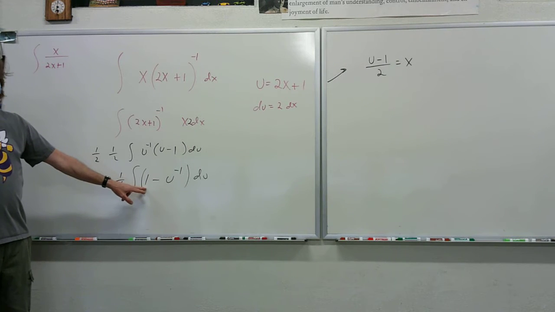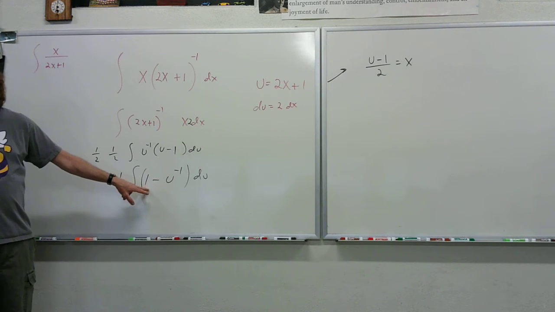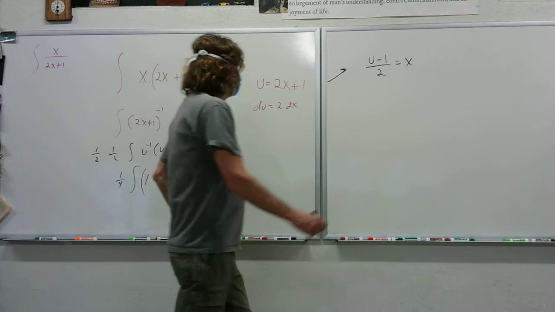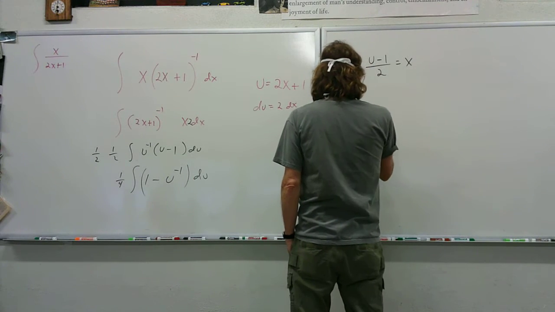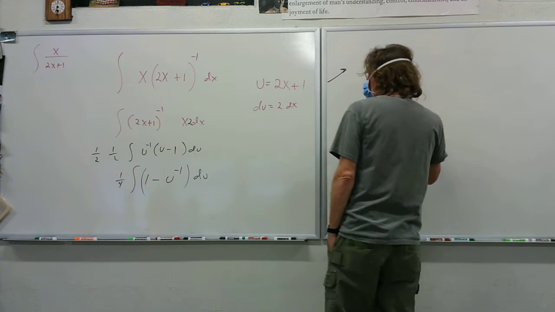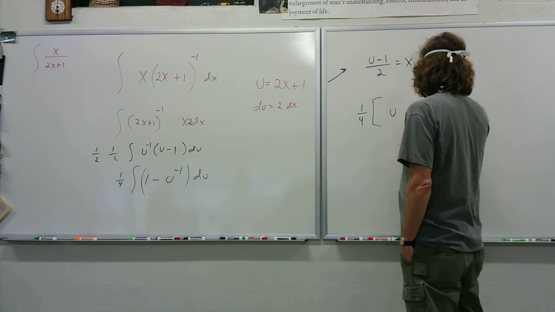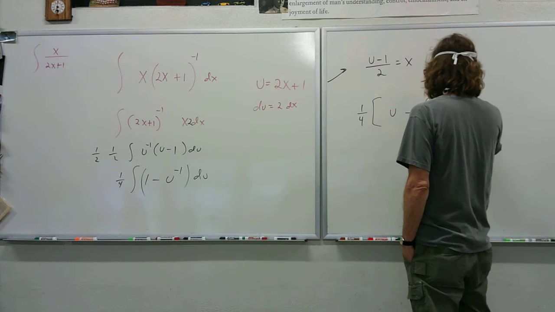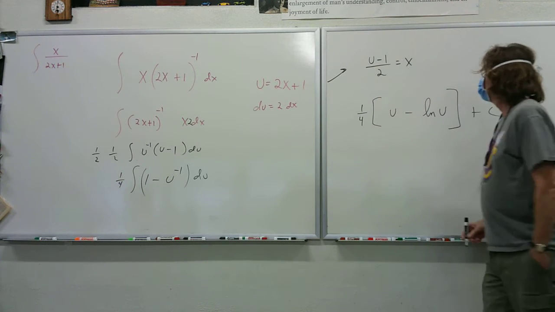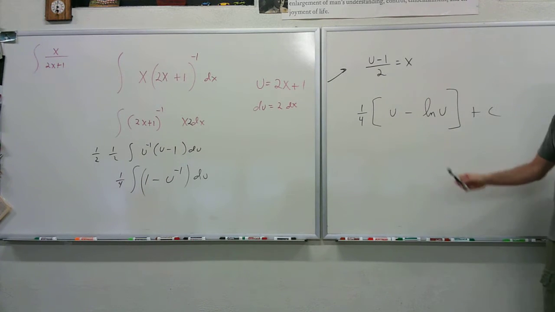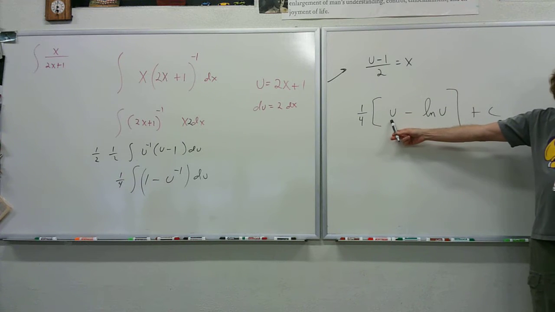The 1, you just get a what? U. Is everybody okay? That's going to give you a U when you integrate that. So it's going to give you 1/4 bracket U minus the natural log of what? U plus C. And then what do you do everywhere you have a U? You write in what? 2x plus 1